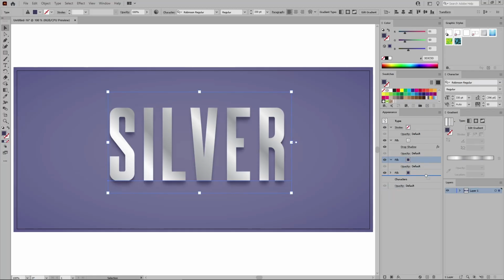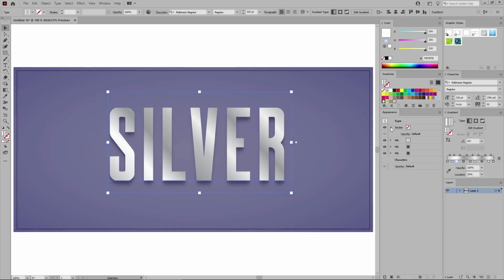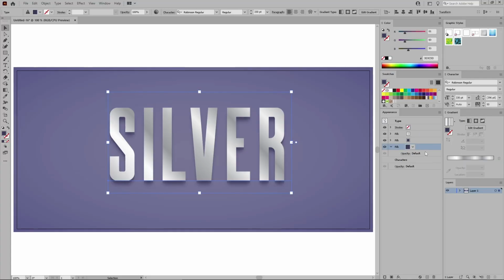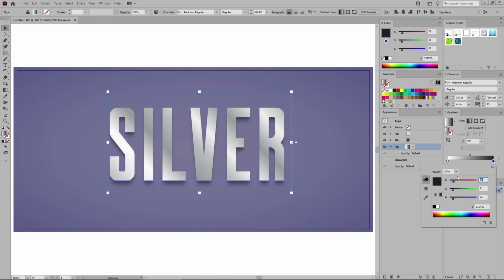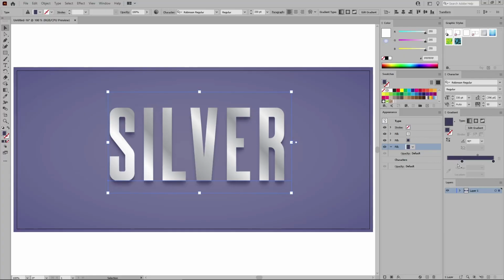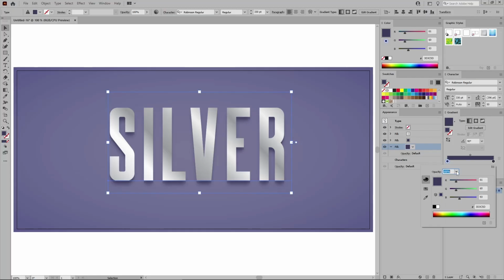Let's drag it below this fill, close these two fills, and focus on this one. Apply a linear gradient, set the angle to 90 degrees. Let's replace this complex gradient with a simpler one. Double click this color and replace it with 61, 60 and 93. Drag a copy of this color, remove this one, drag this one to the left edge, and then double click it to lower the opacity to 0%.